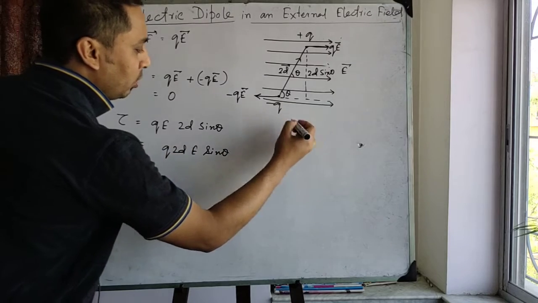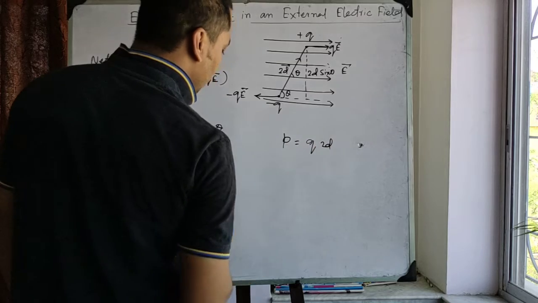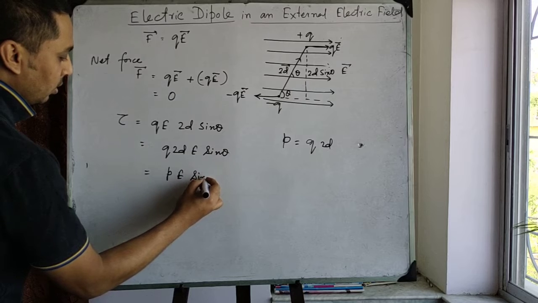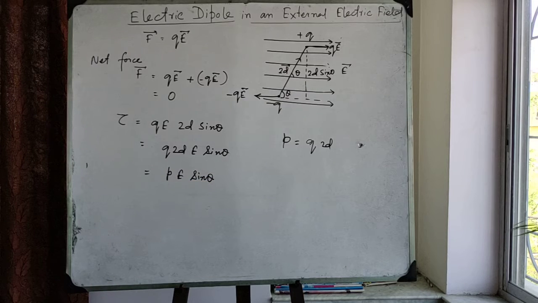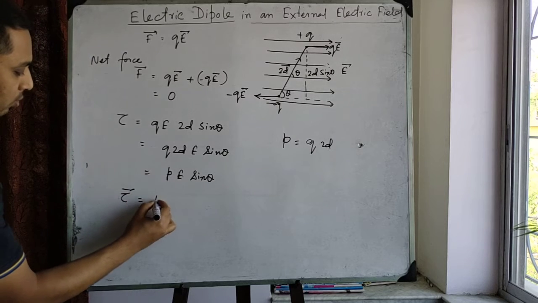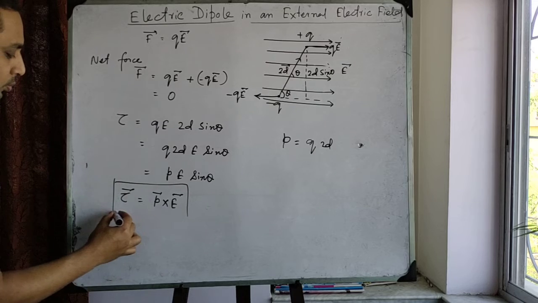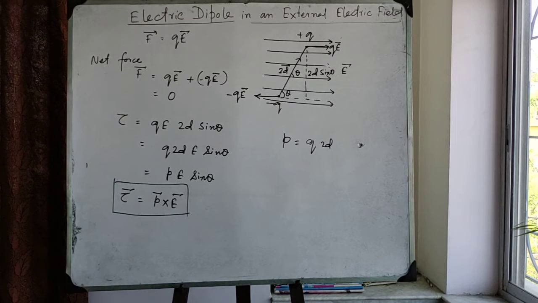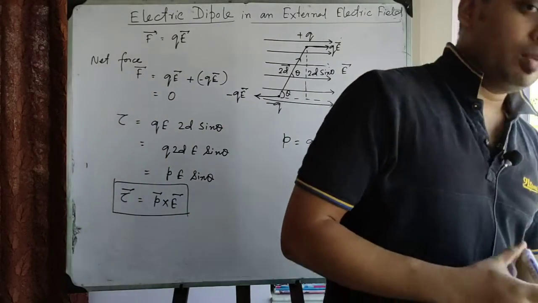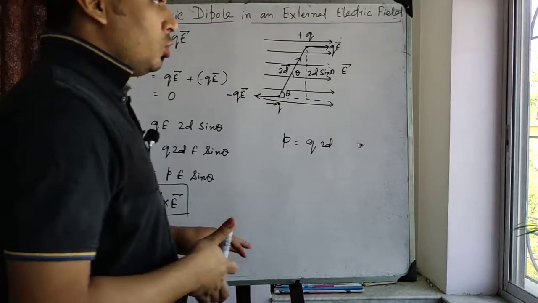Now dipole moment p equals charge into the separation distance, so this is equal to pE sine theta. Vectorially, it is given by tau equals p cross E. So this is the torque acting on the dipole. Now, what is the total energy